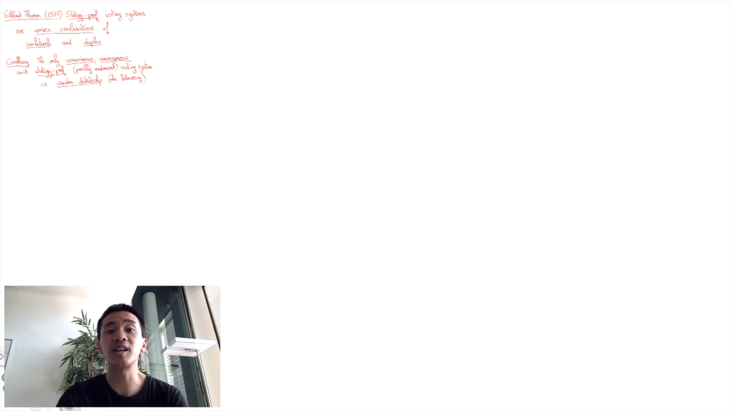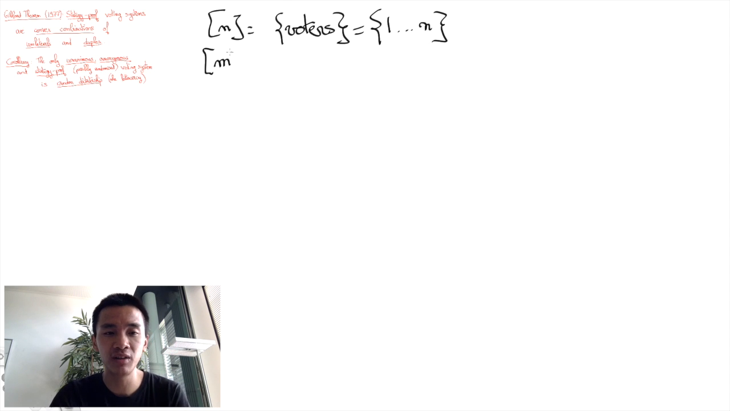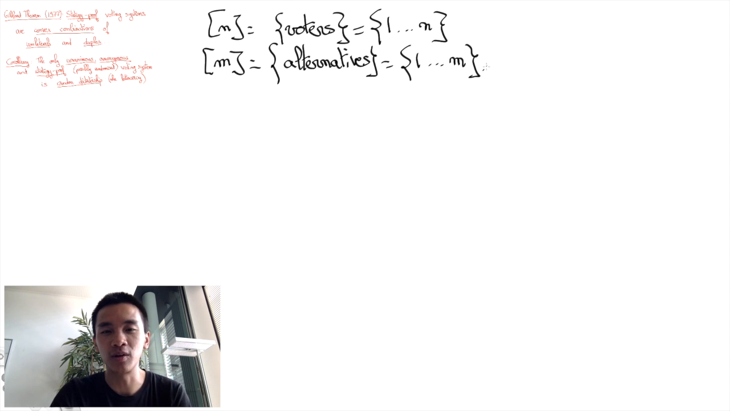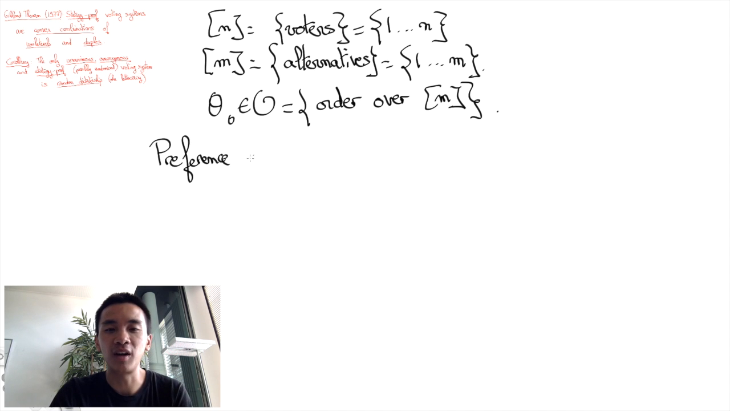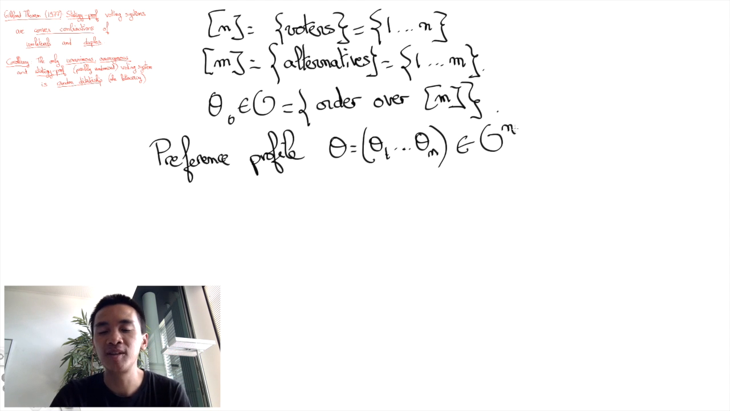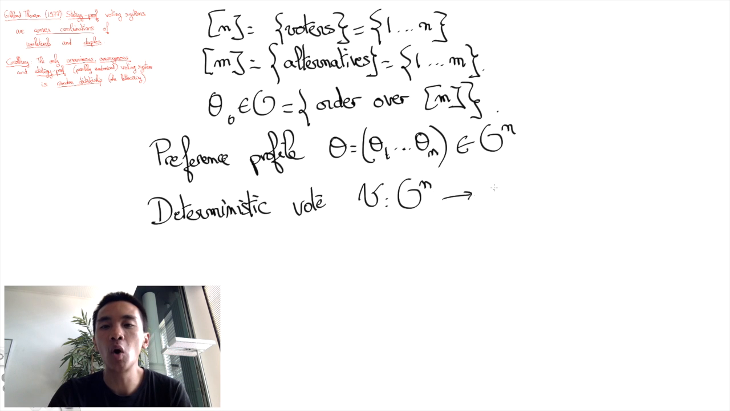First, we consider a set N of voters and a set M of alternatives. A preference theta naught or in O is a total order of M, and a preference profile is an n-tuple, theta equals theta 1 until theta n in O to the power n. A deterministic vote would then be a function V that goes from O to the power n to M, but